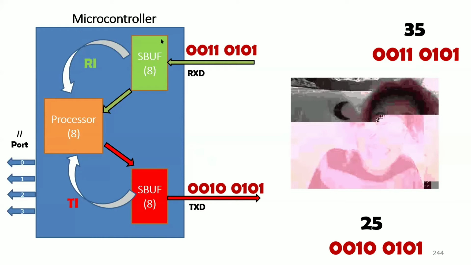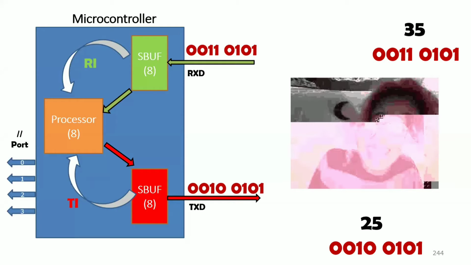This is my microcontroller, the blue one. It consists of a microprocessor and a serial port, and the serial port consists of these two pins. Now the processor is 8-bit, that is, your microcontroller is 8-bit. That means it is capable of performing operations directly on 8-bit numbers in a single clock cycle. Remember this point. So it can transfer the data 8 bits at a time. That is the capability of the processor inside your microcontroller.